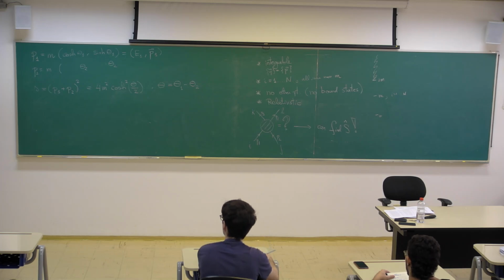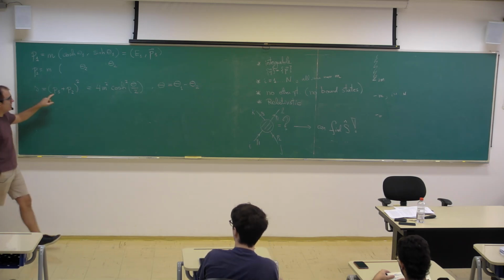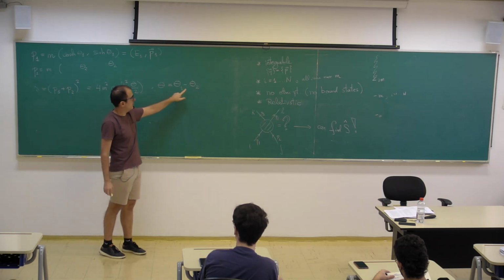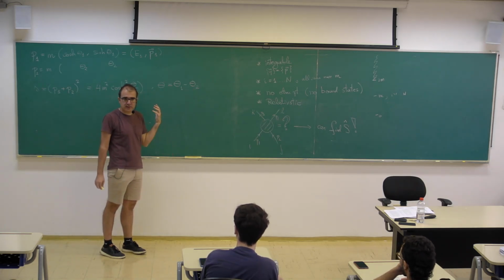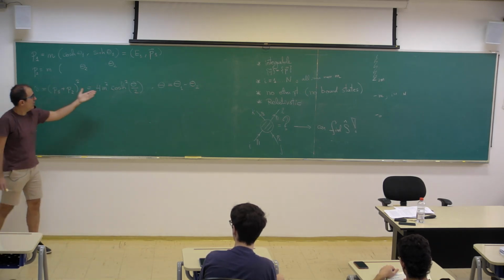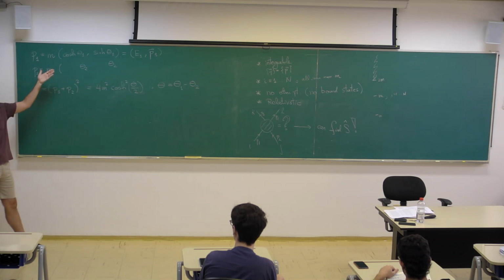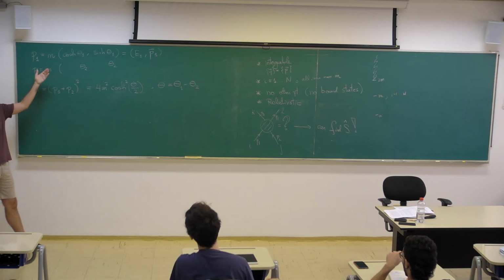So what happens here is that my S matrix is only a function of the difference of rapidities. Is that obvious? How will I see that this has to be the case? Well, we computed it, so we saw it, but how could we have anticipated that it was just a function of the difference of rapidities? What's the definition of a rapidity?